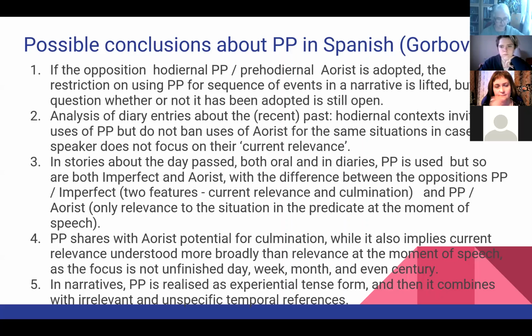Remember, in English, if we say first this, second that, meaning in the past, no matter which past, recent or whatever, we can't use present perfect at all. If we focus on first, second, and then, that's only past simple that we can use, or present simple, but not present perfect. And then the second conclusion, analysis of diary entries about the past and about the recent past in particular,